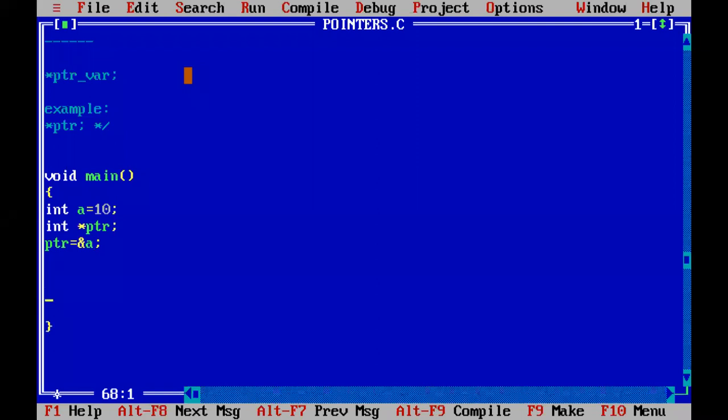So now I am writing the first printf. With this printf, I am going to print the value of a. Value of a equal to, and how to print the value of a? Percent d comma a. If you write this, the value of a is going to be printed. Let me compile it. To hold the output on the screen, you write getch, and after declaring all the variables, you write clrscr.